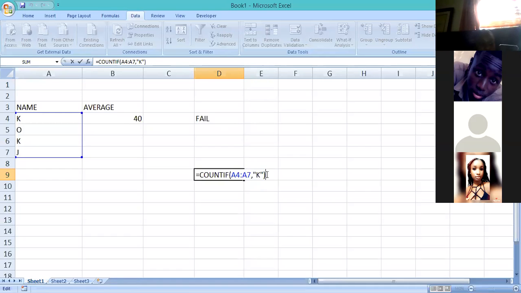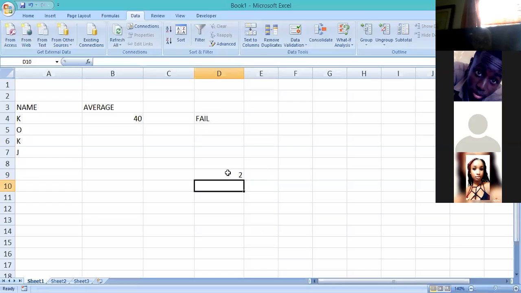We also did this already. Did we? Yes, miss, but me not remember. All right. So the count if is used if a condition is met. So you say count all of these. So you give it a range. So you count from A4 to A7 if this is the condition right here. So if the name is K, it just looks in it and says, oh, 2 persons named K, and it counts it, and then it gives you the answer 2. All right, so